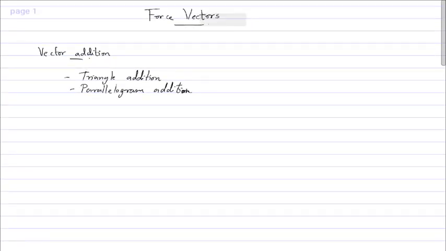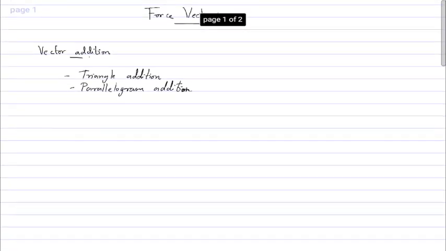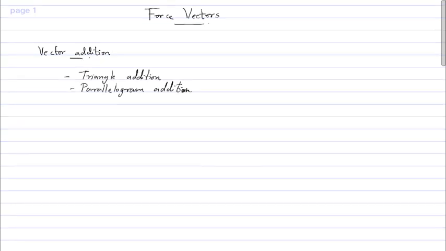The more useful of these two would be, in my opinion, the parallelogram addition, because most of the problems in your textbook ask you to find the resultant of two or more vectors that act on the same point. So imagine two vectors in this plane,